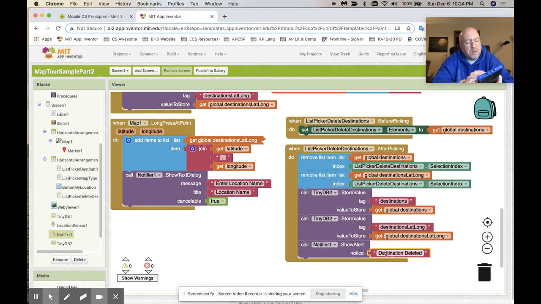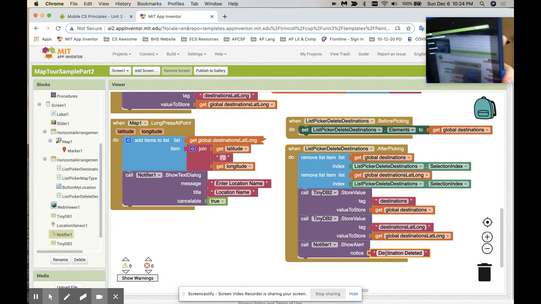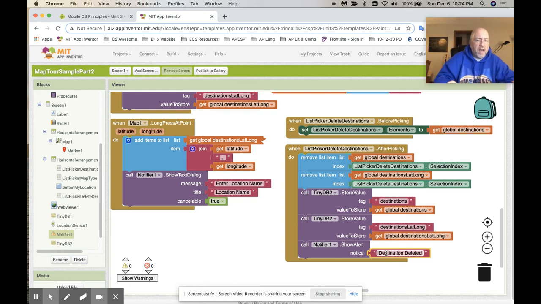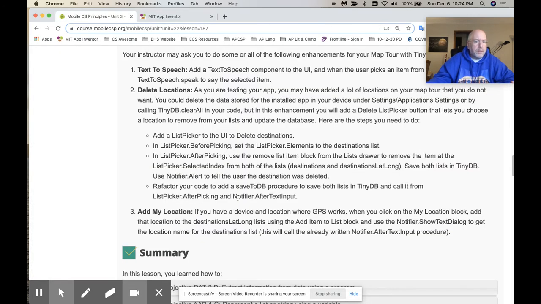And the next thing I'm going to do is go delete destination. You see Harvard is there. Now you see it. Click it. It tells me it's deleted. And choose a destination. Harvard is gone. That is how you do it. And then it says one more thing. It says,